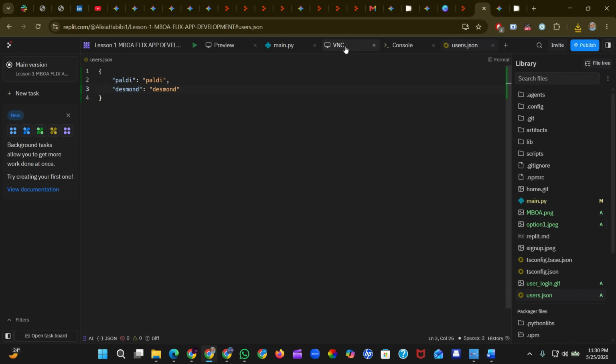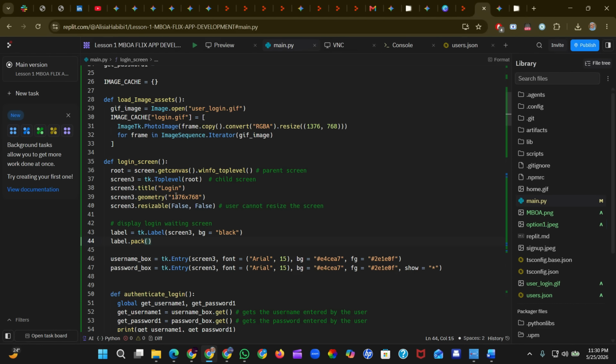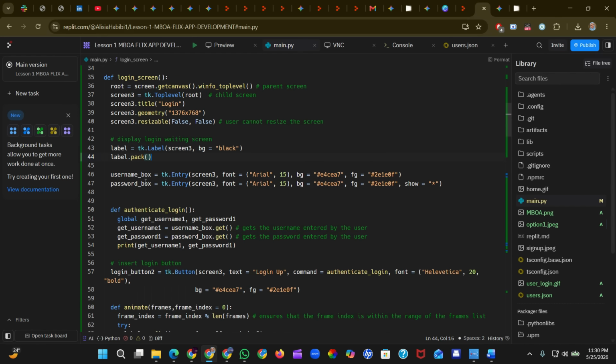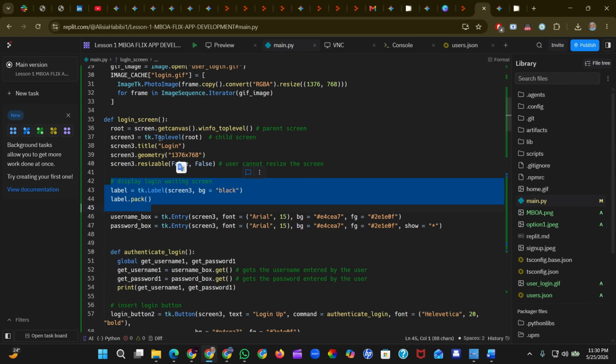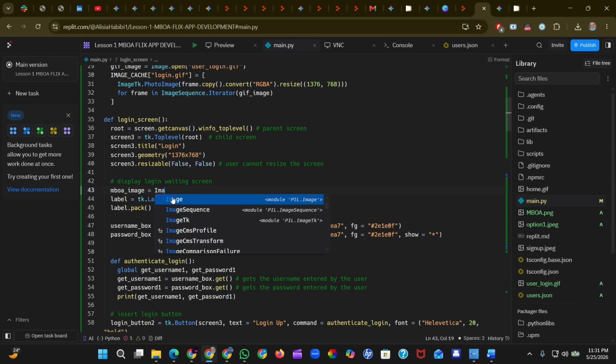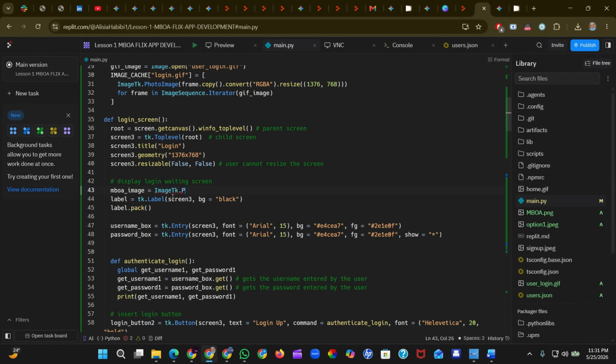So now I'm going to go back to my code. And what I'll do is I'll come back over to, where were we? We were on the, here, okay? Make sure on the label in your login screen function. And then to show this picture, this is what we need to do. Just go before the label starts itself. And then I'm just going to call this one MBOA image equals, we need to show this picture as a waiting kind of placeholder. We call it a placeholder picture. So tk.photo image